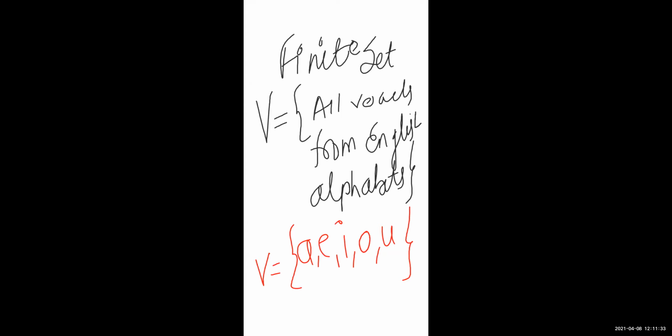So, if we can count the elements from a set, then and only then we call it a finite set. Okay. Now the next is infinite. Infinite set. Now the set of natural numbers or set of whole numbers.